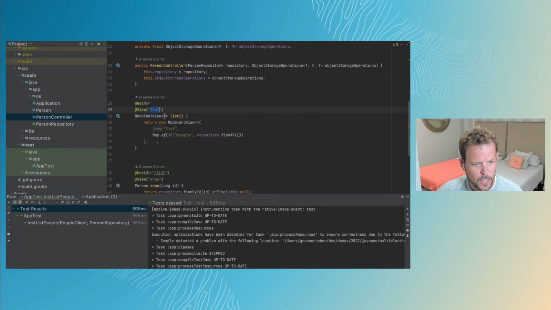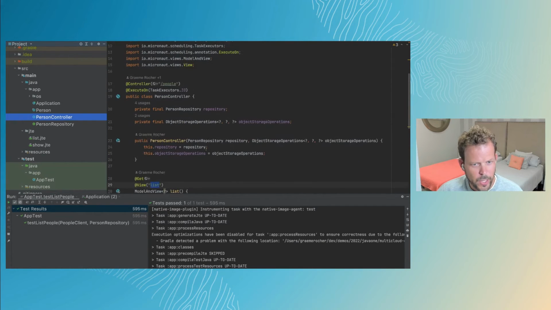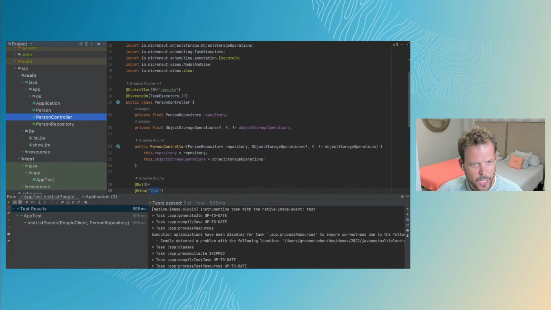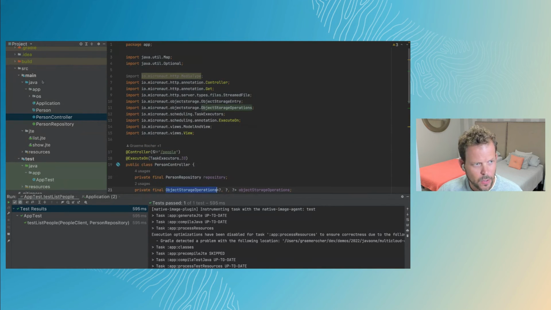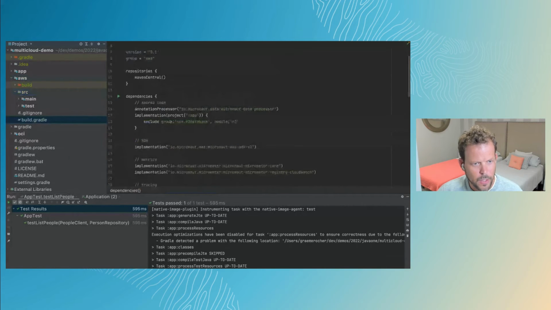It has a couple of views here, which I didn't mention, that just render HTML pages. But it's a pretty simple application that does a bit of database access, a bit of object storage, but nothing directly dependent on the cloud. Then I have two additional sub-projects, one called AWS and one called OCI. The AWS one, the only thing it does in addition is essentially it depends on my core application, excluding the in-memory database,